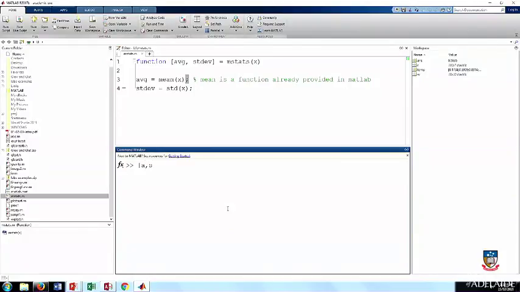this was the average and that was the standard deviation. This equals mstats of r. Now, okay, you need to note something over here. So, say in the function, the output arguments are avg and stdev, right? Well, when I'm calling the function, I'm not using those arguments. I'm writing a comma b. That's perfectly okay because